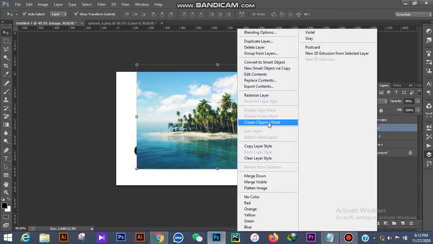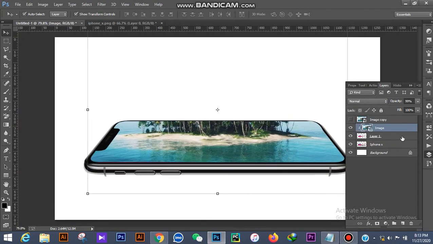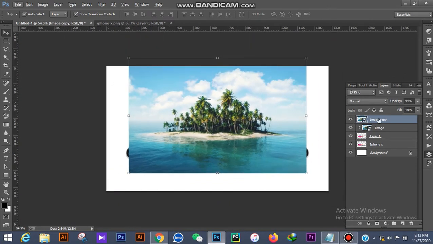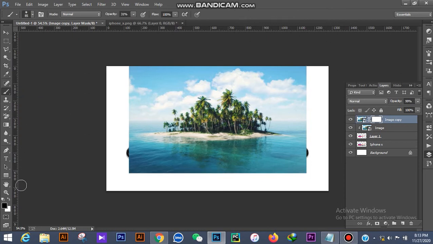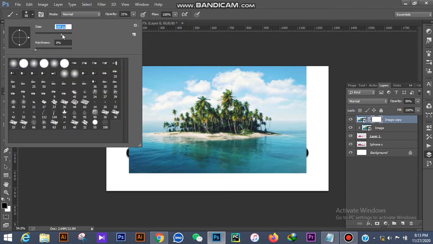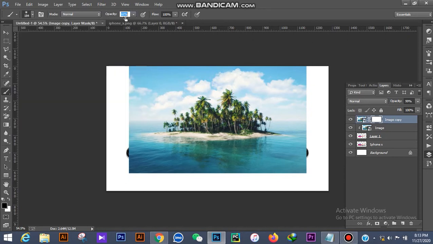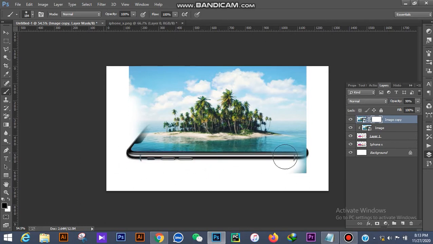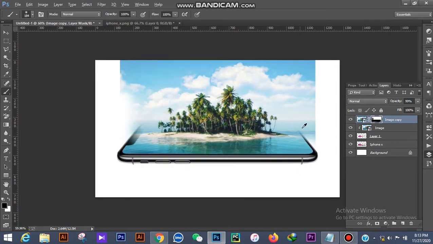Now I'm working with the under island and a clipping mask in the colorful background. Okay, now I'm working with the above, so masking, and select the Brush tool, increase the size, make opacity 100%. Okay, brushing. It's now looking better.